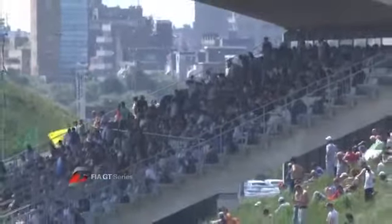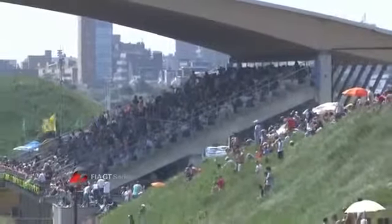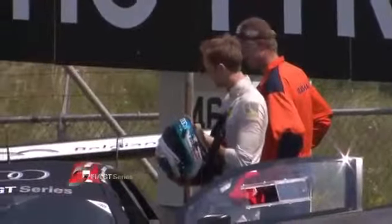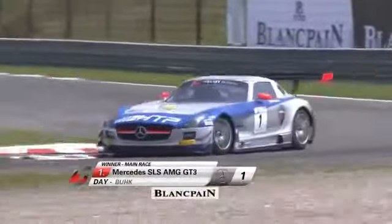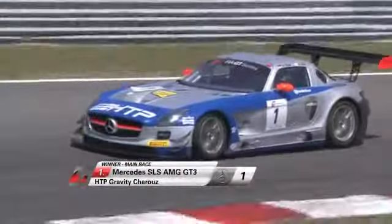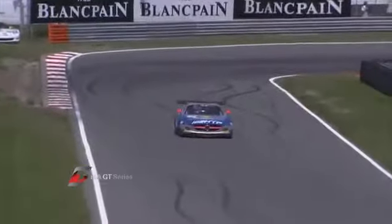He took advantage of the lead that Maximilian Buch gave him, and he consolidated that lead, ultimately finishing 6.6 seconds ahead of the second place Laurens Vanthor, who was being challenged severely by his teammate Frank Stippler. So that battle really consolidated between the two Audis, and let Alan Day just drive as if he was out for a Sunday afternoon run, and really easy drive for the Mercedes-Benz pairing, and a thoroughly well-deserved result this afternoon. René Rast now able to get back in his Audi after having to sit for his entire stint at the side of the circuit watching the racing happen, as Alan Day makes his way back around to the pits,